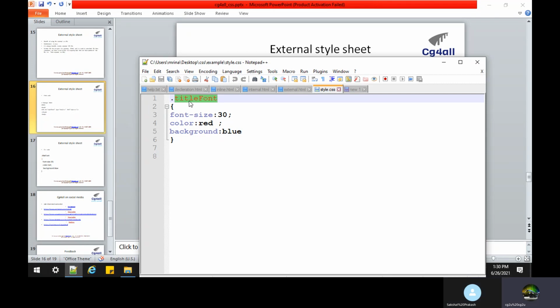Same class name. That day we discussed when talking about HTML that we have an ID for an element. Any element we have to mention by name and ID. The same way we use the class. That class is used as the selector for the CSS. Hope that is clear. When we cover selectors, you will understand more clearly and in depth.